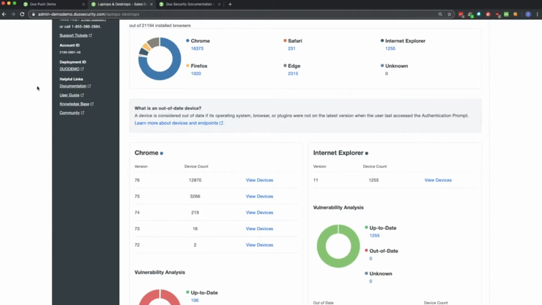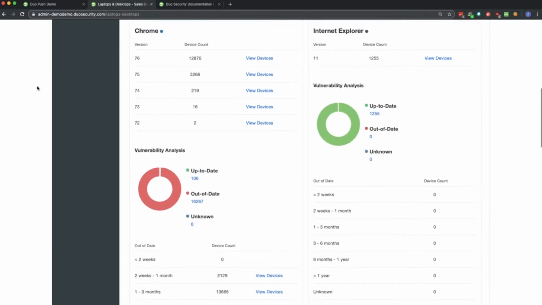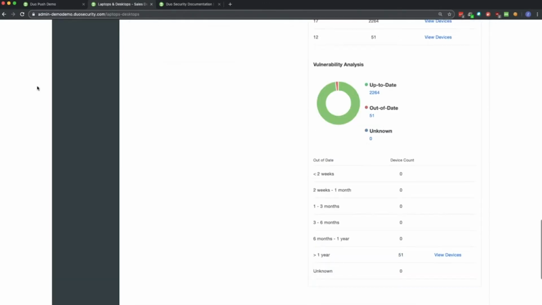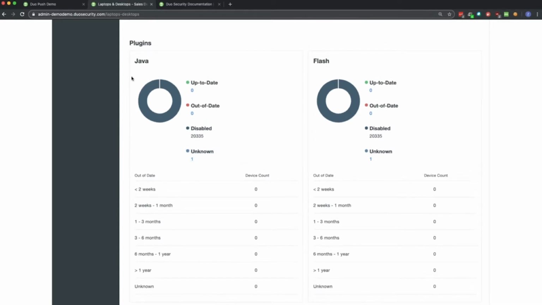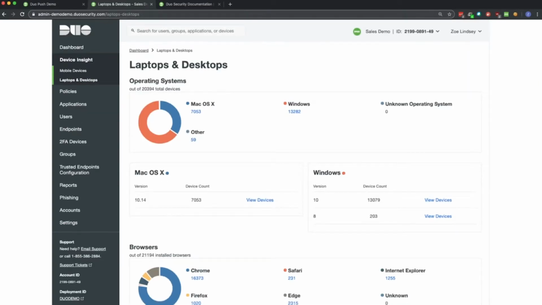If you want to restrict the browsers that users can access protected resources with, you can do so as well. And if we scroll down, we see our perennial problem children, plugins, Flash and Java. We know that these frequently have severe CVE patches, updates that are available. And so if we want to still allow devices with these plugins enabled to log in, at the very least, we want to make sure that before we do so, we're keeping them up to date.